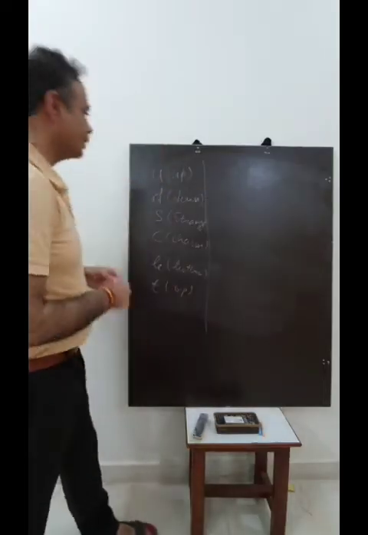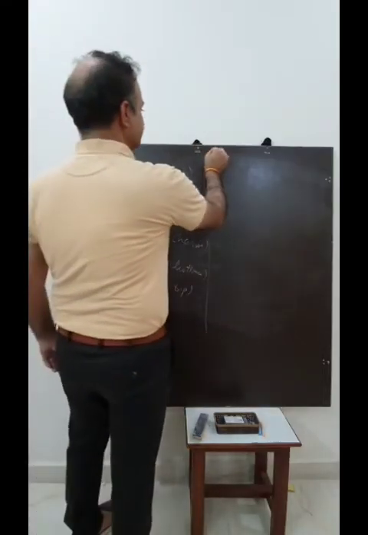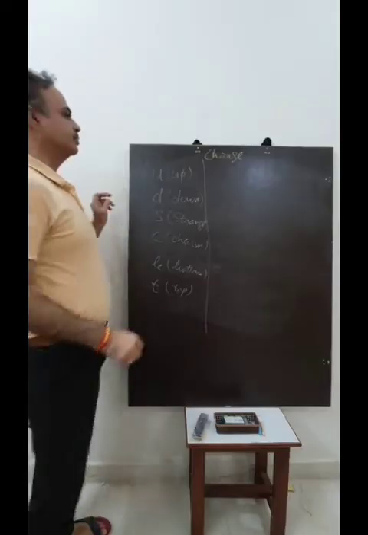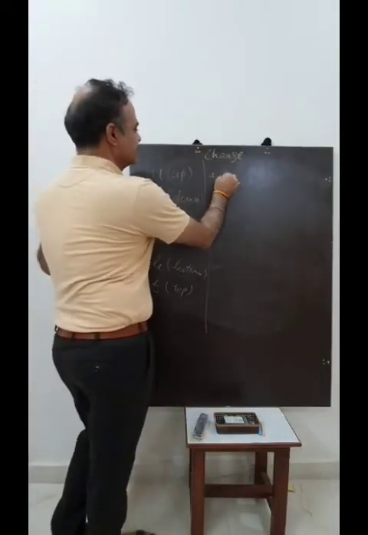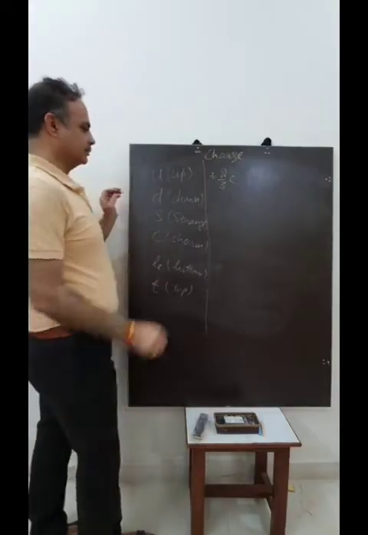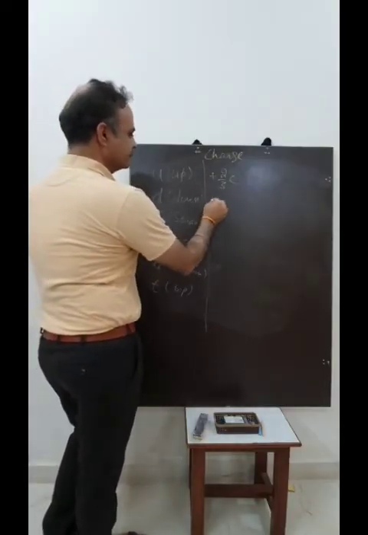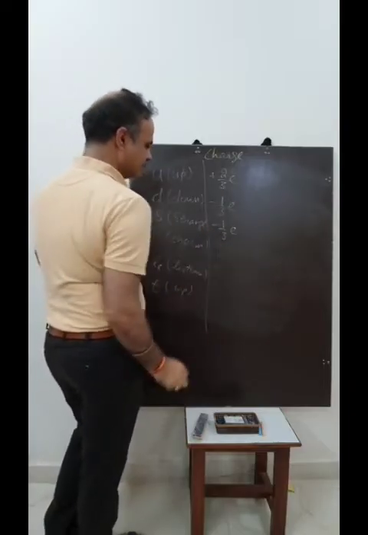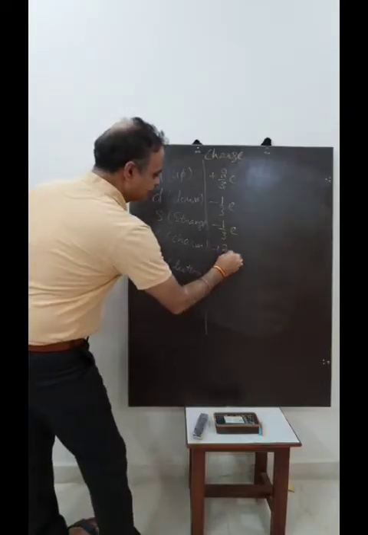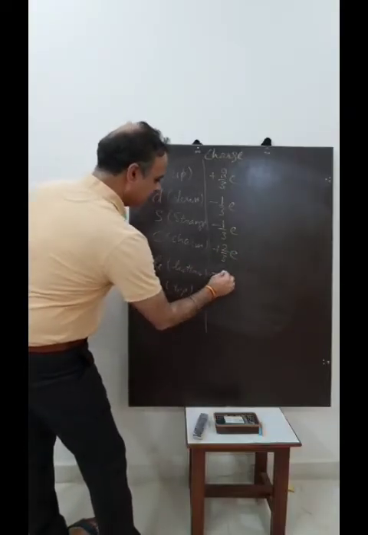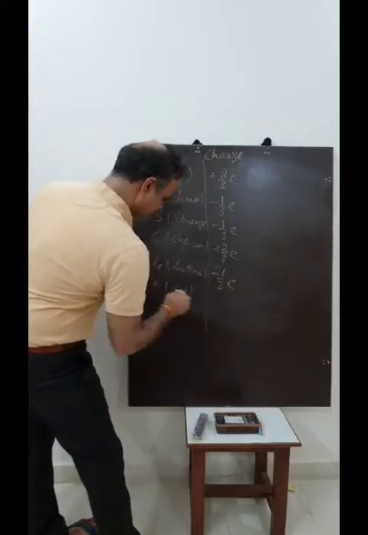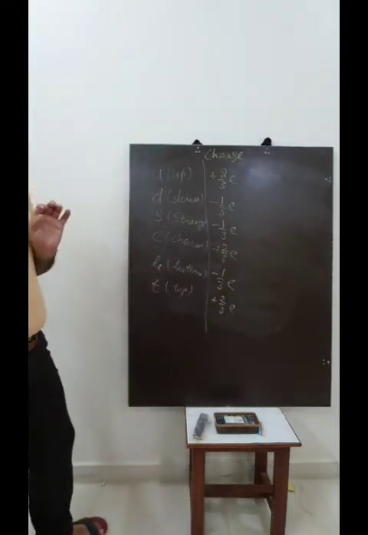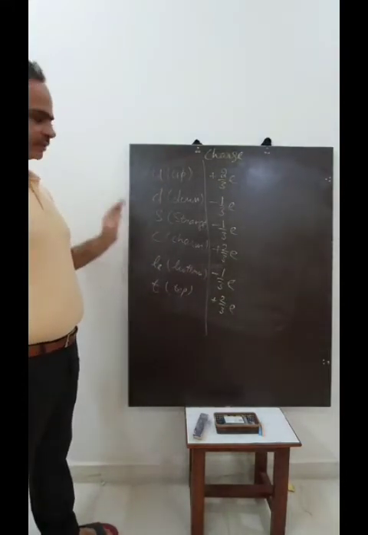And then the next term is the charge on the quark. So what is the charge? On the U quark, it is assumed to have charge +2/3 of the electron charge. D has charge -1/3 of the electron charge, and S is the same, -1/3. C is +2/3, B is -1/3, and T is +2/3. So this is the charge on each.